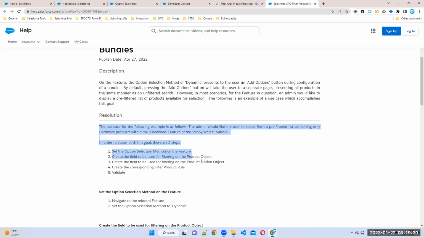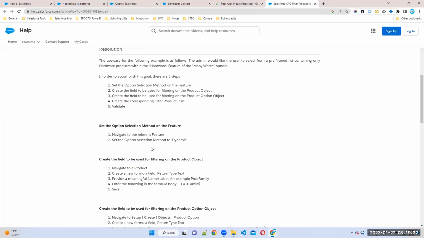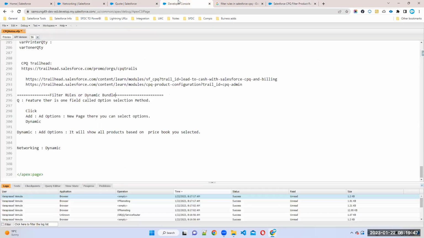So what is the first option we should select? Navigate to the feature. What should you select if you want to achieve this functionality? Select dynamic. The option feature selection method should be dynamic. That is already done. We have done that already, correct? Yes. So next what we have to do is